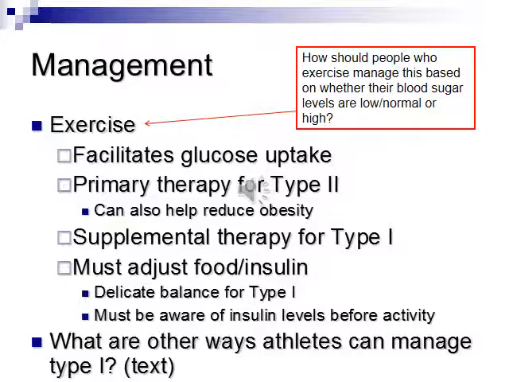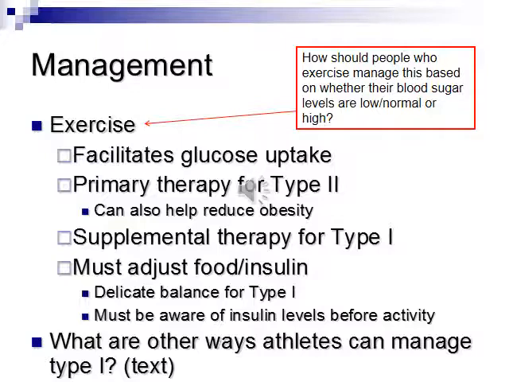Exercise does facilitate glucose uptake. I talked about this earlier. When a person is very active, let's even take it beyond people with diabetes and look at someone without diabetes who exercises, particularly strength training. If someone strength trains, their body is much more efficient with utilizing insulin. In other words, they don't need as much insulin as somebody who is very sedentary. So if you strength train, your body will take up your blood glucose much more efficiently than it would if